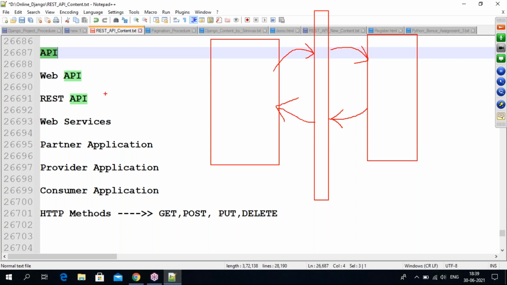So this is the web API, guys. What is web API? Almost these are all the same kind of answers. For example, if your application 1 is a web application, then the APIs developed for this web application we call web APIs. We have multiple types of applications, guys. Majorly two types: web applications and static applications.